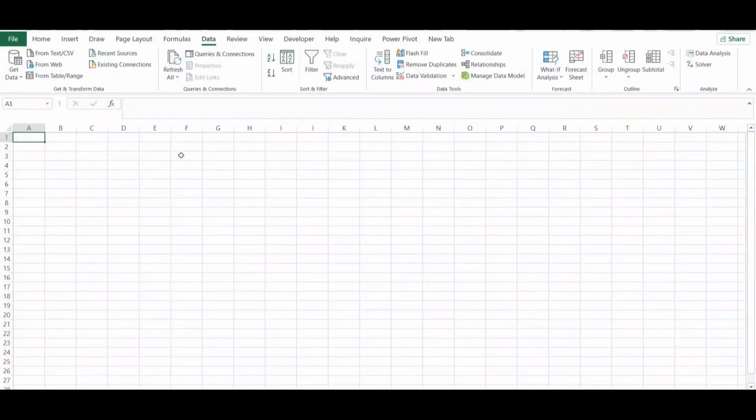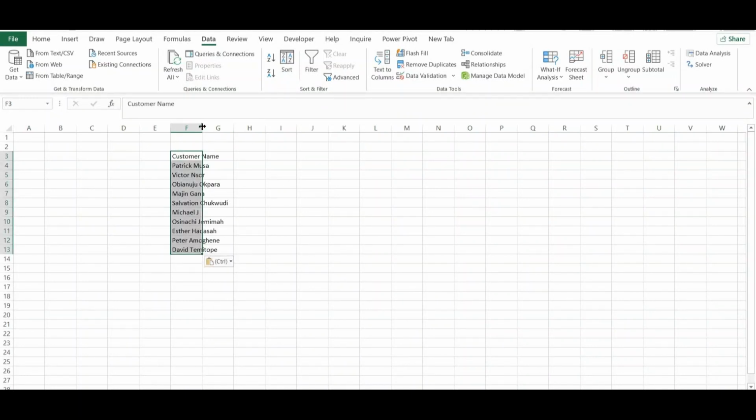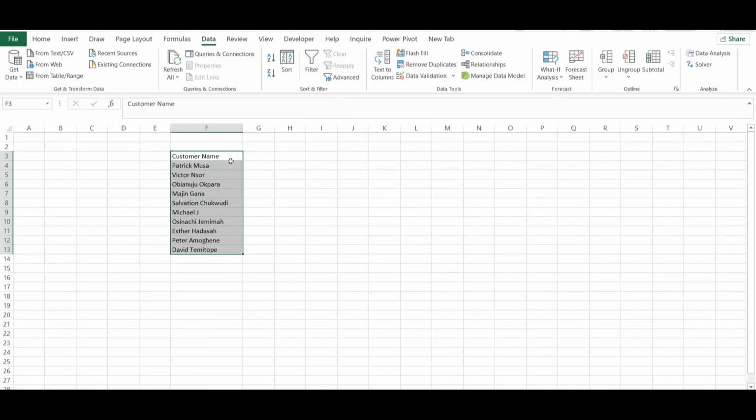I have the sheet here and I will paste it here. So when I paste it here, now I can call it student names, or student name. Then we have their scores,